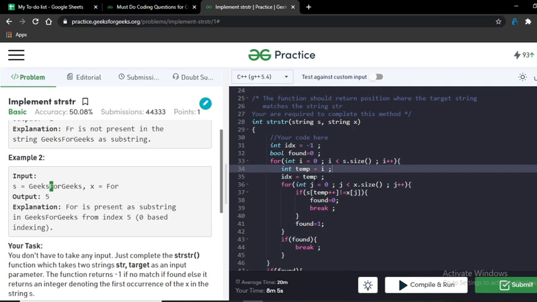Now let's suppose we are checking the condition without this temp, and if the first characters are equal, then we have to move further. But what if the characters further are not equal? We cannot declare that if the first character is equal, then the string is equal, right?